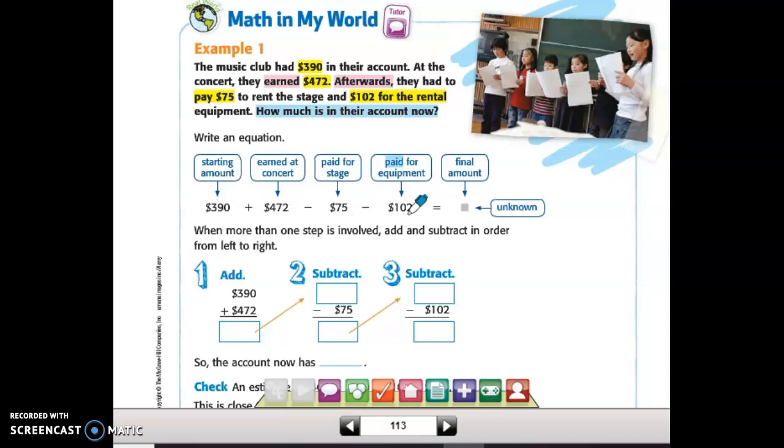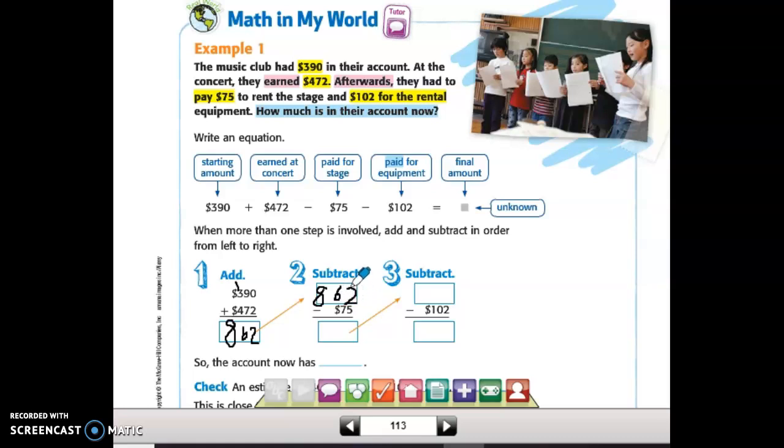So when we do all of these things in the order it tells us in the problem, we're going to first add. 0 plus 2 is 2. 9 plus 7 is 16. Carry that 1 to the hundreds place. 4 plus 3 plus 1 is 8. And now, in order to continue with this long equation they've given us, I need to take this 862 and set it up and try to get those digits to line up, but they've written it so much smaller than I can with my